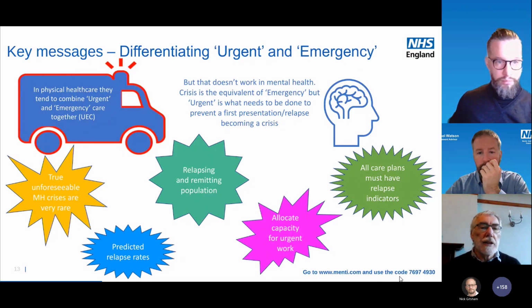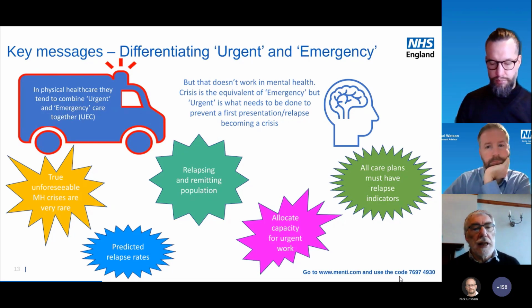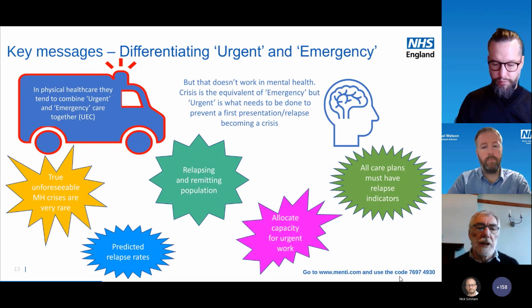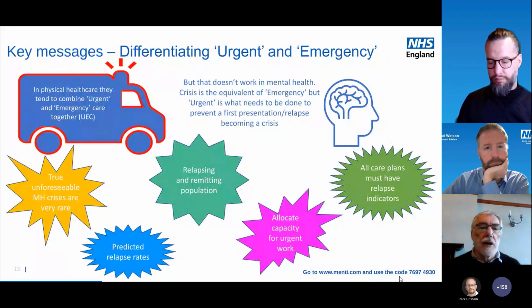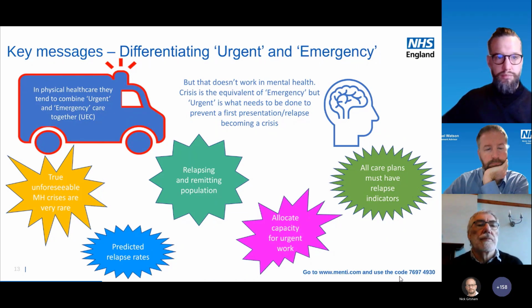Because we are doing brilliantly as a service. Mental health has done extremely well in coping with the extra demand through the crisis work that we brought in over the last 2 years. And that's brilliant, but we can't keep waiting for everyone to get into crisis. And as you know, one of the most frequent complaints from people is that no one listens to me till I'm in crisis. And that's the worst time to try and understand people or to help them. So what we'll be talking about, and we'll be coming back to this later, is the need to start looking at your own data, looking at your own services, and starting to allocate a certain amount of capacity for urgent work, which then enables you to do your elective work much more effectively. And I'll hand over at this point.